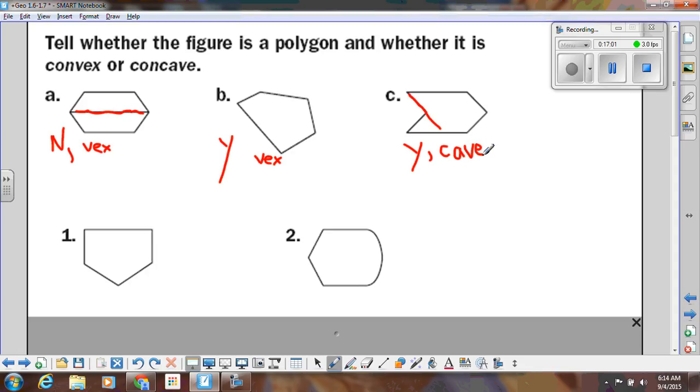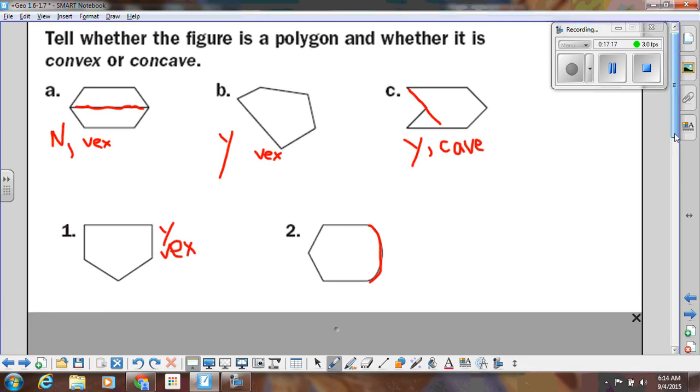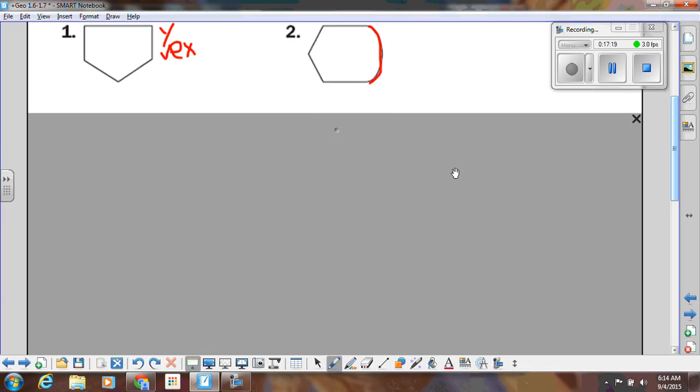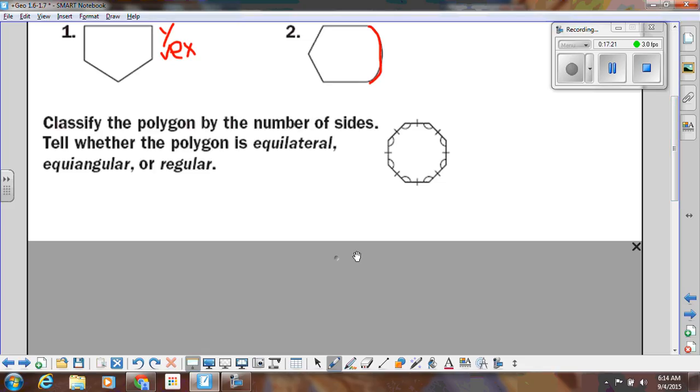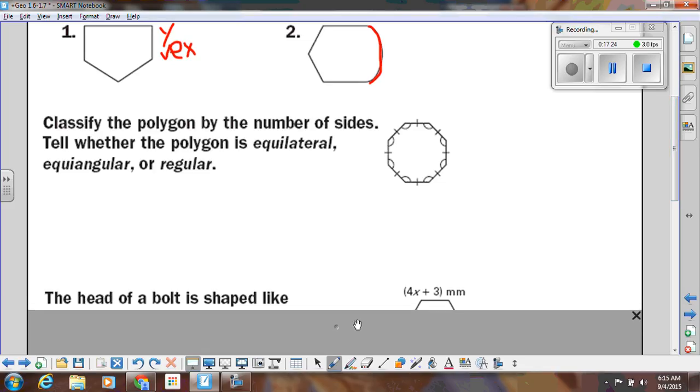Alright. This next one, yes, it's a polygon. And it's convex. And then this one's not a polygon because it's curved. It has a curved side. Can't have that. Alright, moving on. Now we're going to classify this by the number of sides, and tell whether the polygon